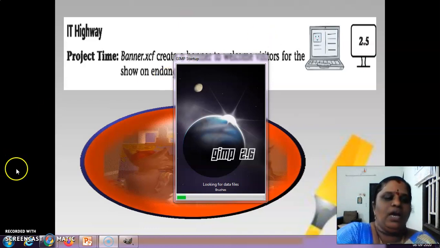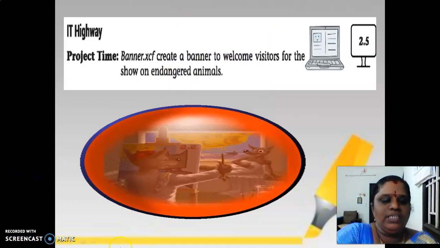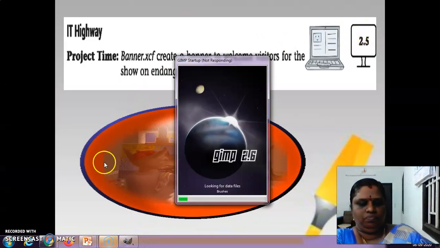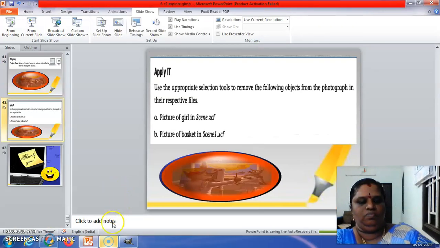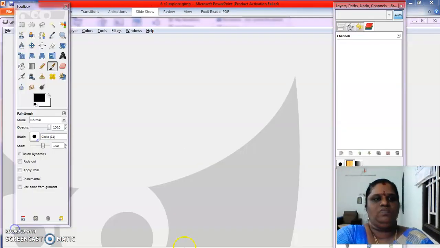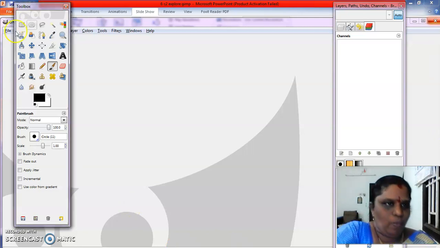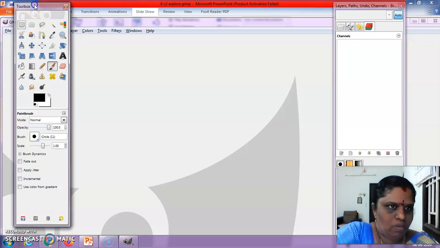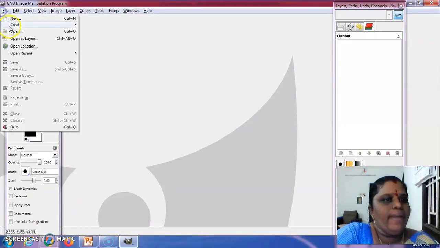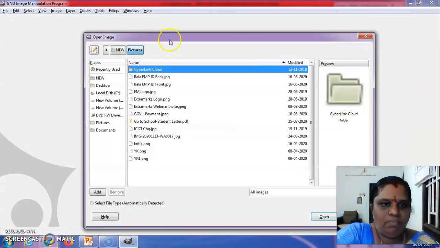I think you all are ready for that, isn't it? So our GIMP interface is open now. Now we are going to open the file for the project time.